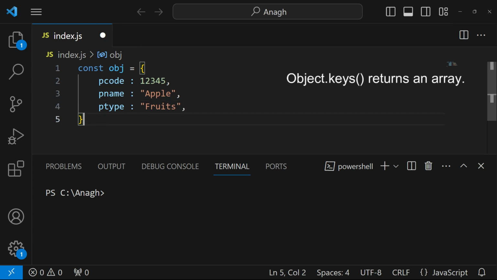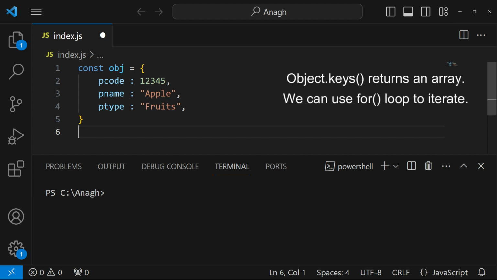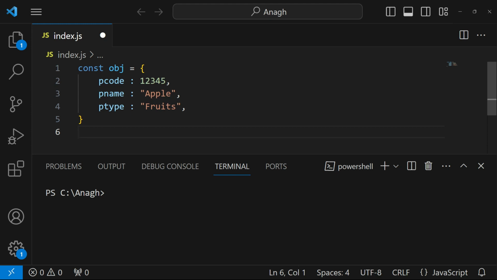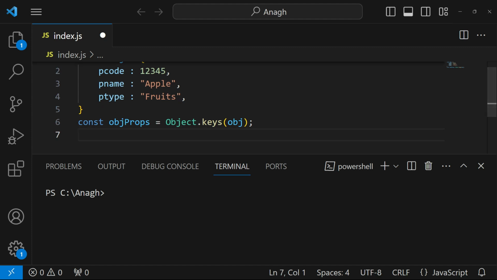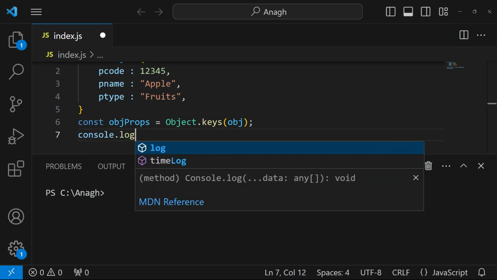So I will use the Object.keys method, which takes an object as a parameter and returns an array of properties so that we can use the for loop to iterate through that returned array. For an array of properties, I'll say const objprops is equal to Object.keys, and in the parentheses, I'll pass the object, that is obj. Now let's also display the objprops